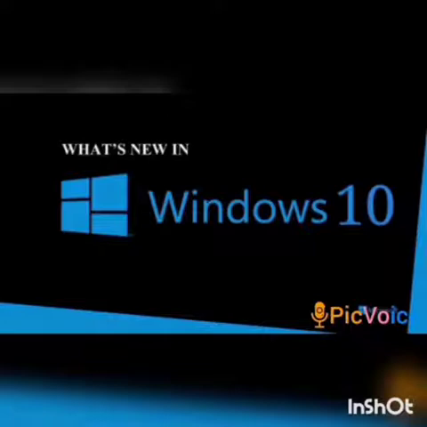Now children, what is the meaning of icon? When we start the computer, there are some small pictures present on the desktop. Okay.